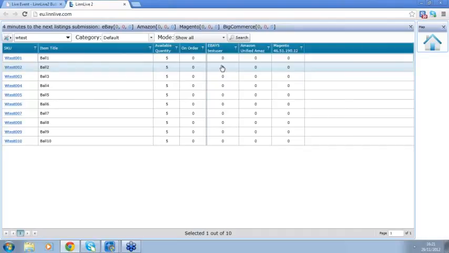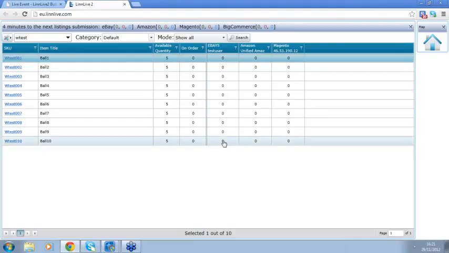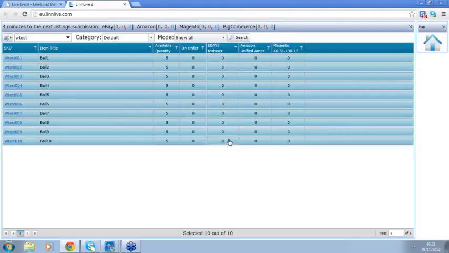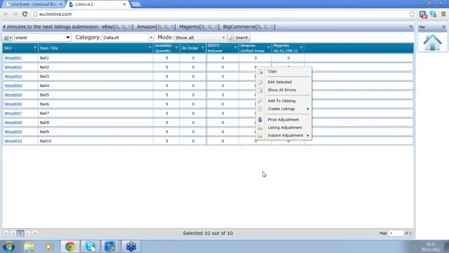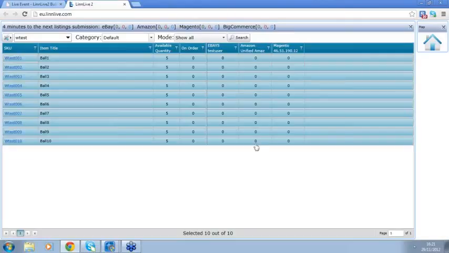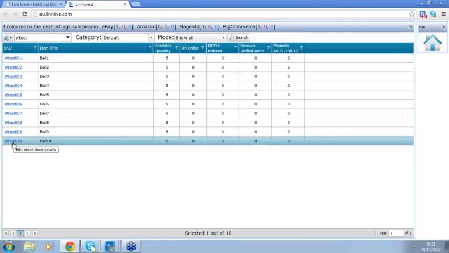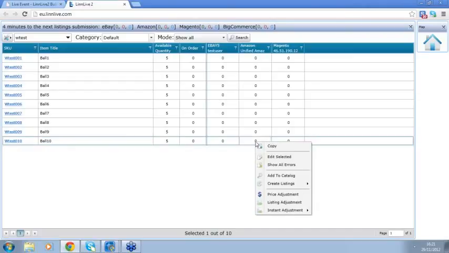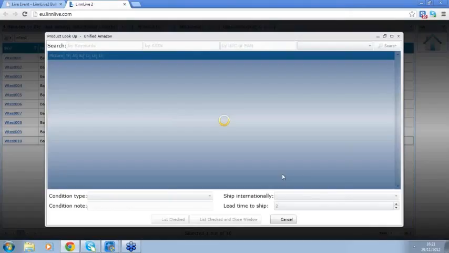Okay, in order to list items on Amazon channel, we need to multi-select them and right-click on the Amazon column. But before we do so, I just want to show you how you can add items to the catalog to already existing items. So if I just specify, for example, this item here, right-click on the Amazon and hit Add to Catalog,